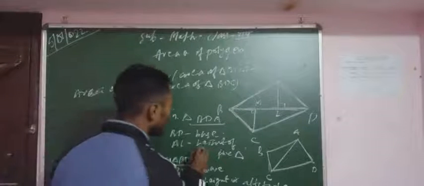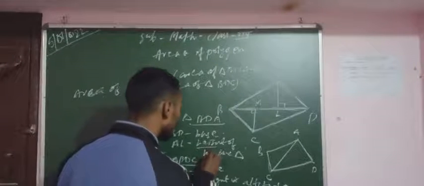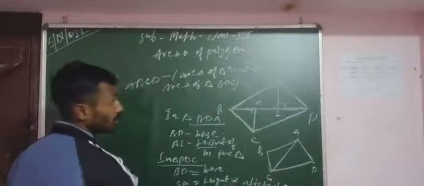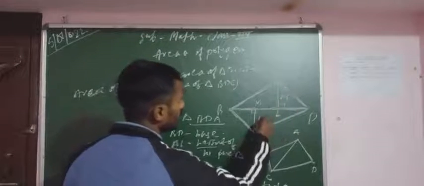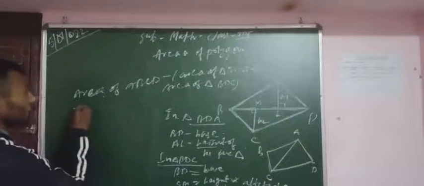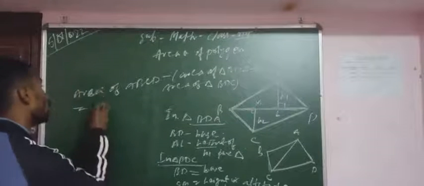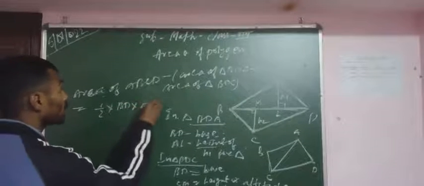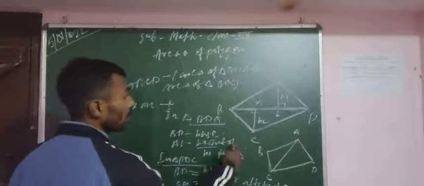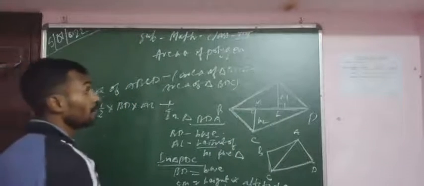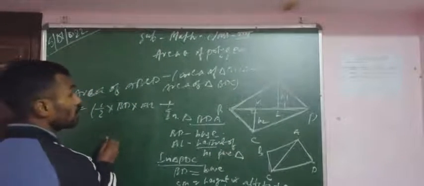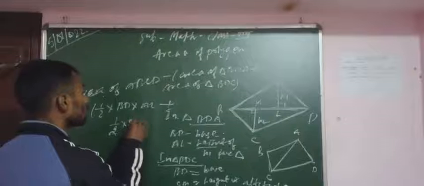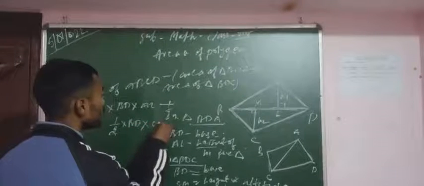Okay, this is the height. Now here is the height. So we can write H1, and CM is also height or altitude that can be written H2. Now, area of triangle BDA is 1 by 2 into base, base is BD, the height is AL, plus area of triangle BDC. The area of triangle BDC means what? Again, half into BD is the base and CM is the height.